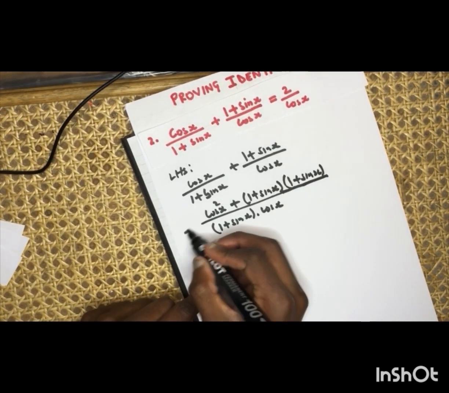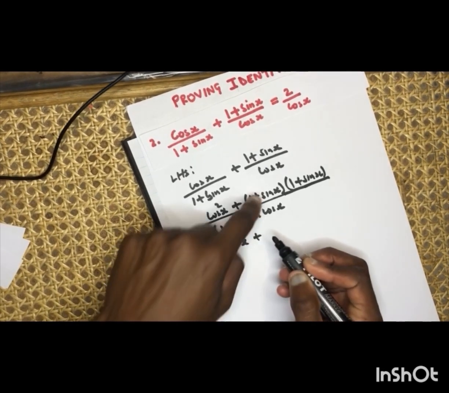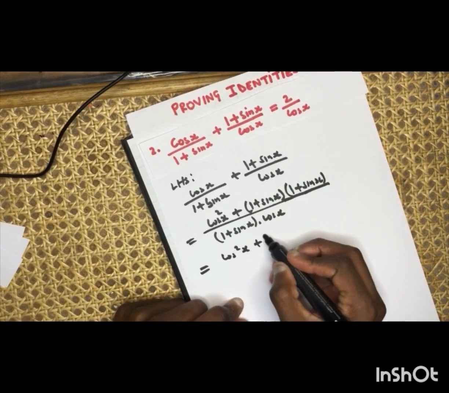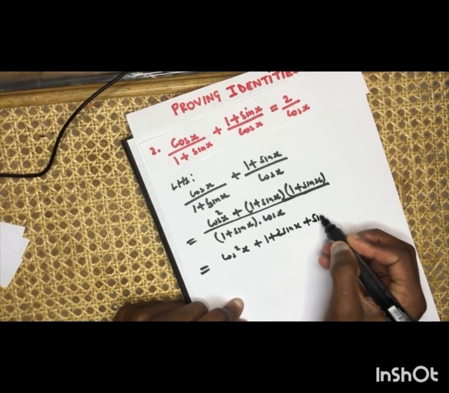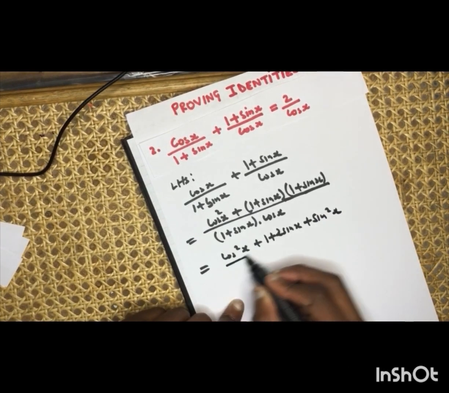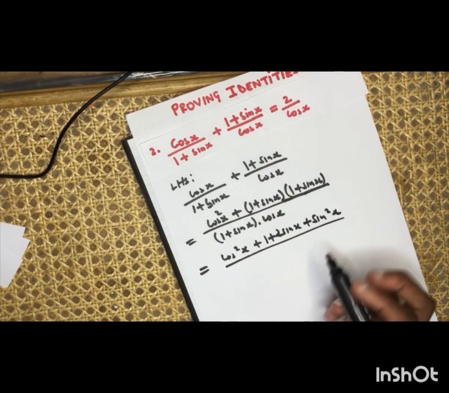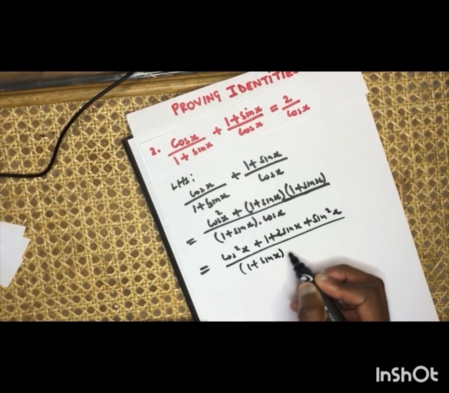So we drop cos squared. If you expand this one, you are in grade 12, you're going to get 1 plus 2 sin x plus sin squared, over, remember we keep this one because we need cos as your denominator, 1 plus sin x times